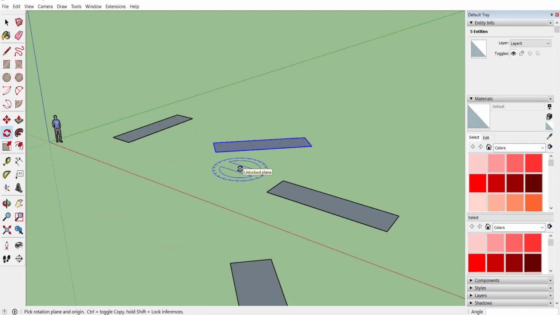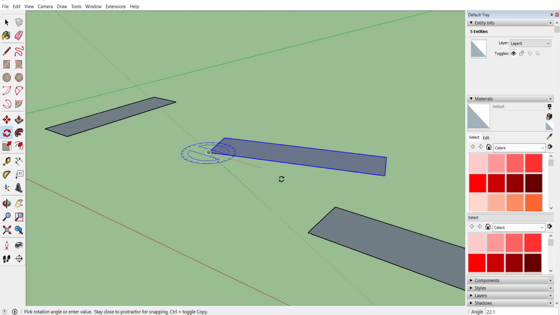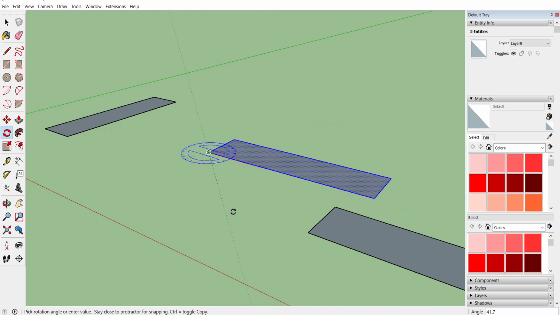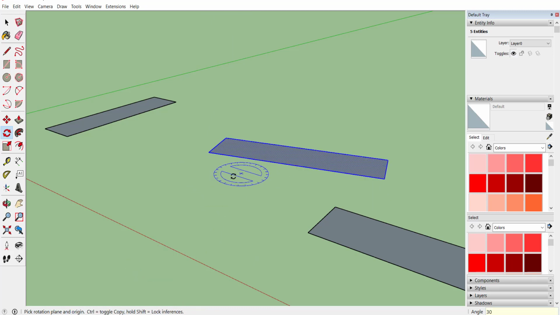Now if you want to rotate any of the objects, you can use the rotate command. You can rotate with reference to any of the 3 axes. For example, to rotate in the blue axis, just select the point, then select the reference line and you can rotate your object. Now enter the angle of rotation. Let's consider it to be 30 degrees. Type 30, hit enter. So you can see it has been rotated at a 30 degree angle.